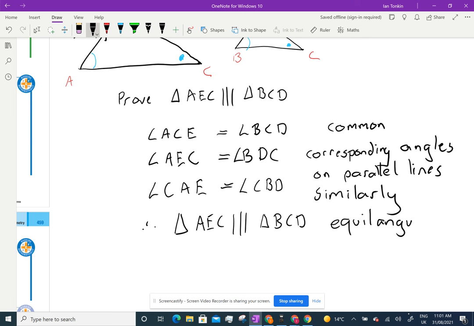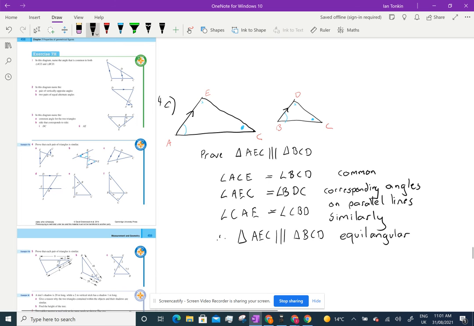Equiangular is just easier than writing all angles are equal. You can do it all in one word. So there's C. Now, there's my big hint. Whenever you're drawing two triangles, you've got a triangle within a triangle, draw them separately. So here we go. You have a go